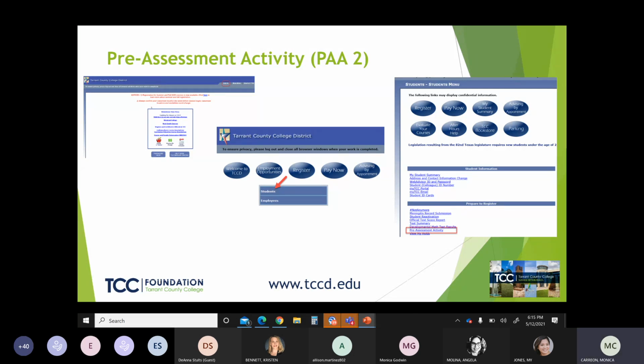If you're given the pre-assessment activity link any other way, just make sure that you're filtering it for Tarrant County College because you don't want to complete it for another school when you're taking the TSI test with TCC. And I'll show you the certificate in just a moment, and it'll start to make sense.